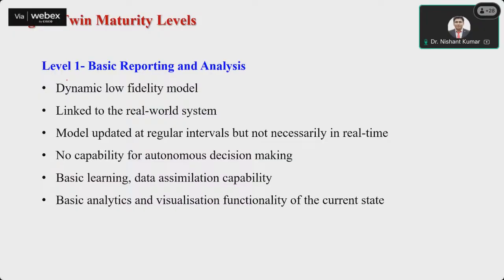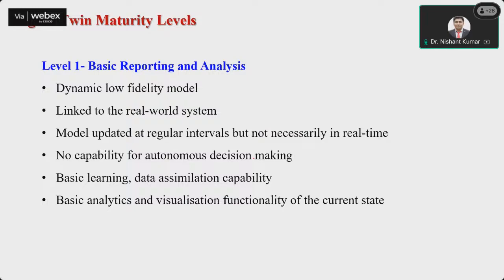So for example, the first one is related to basic reporting and analysis. It means that whatever data you are capturing from the physical system and taking onto the digital one, and then analyzing, those are very basic. For example, you are looking at a dynamic low fidelity model, or maybe analyzing dynamic power variations, or simply visualizing the waveform, capturing the performance, right? If you are doing those things, that is basic, and that will be called level one,